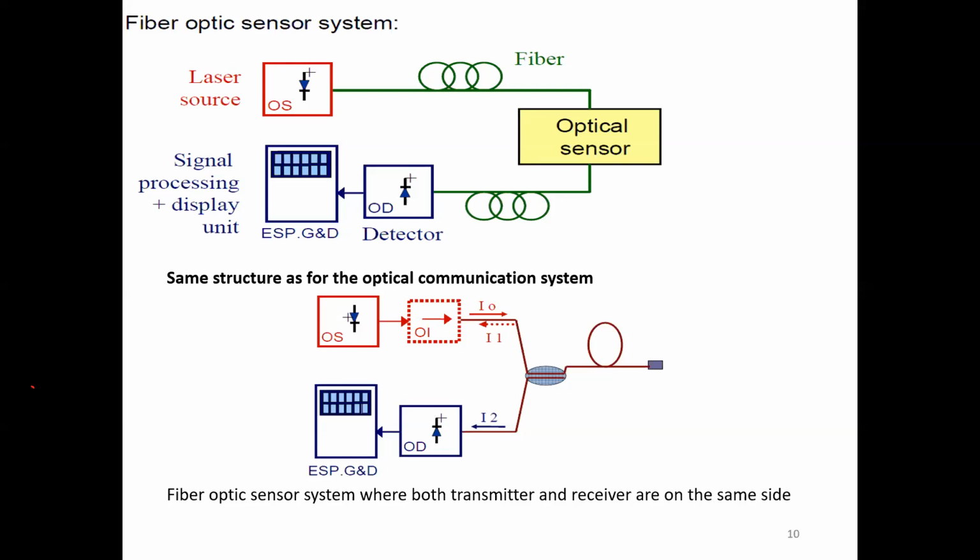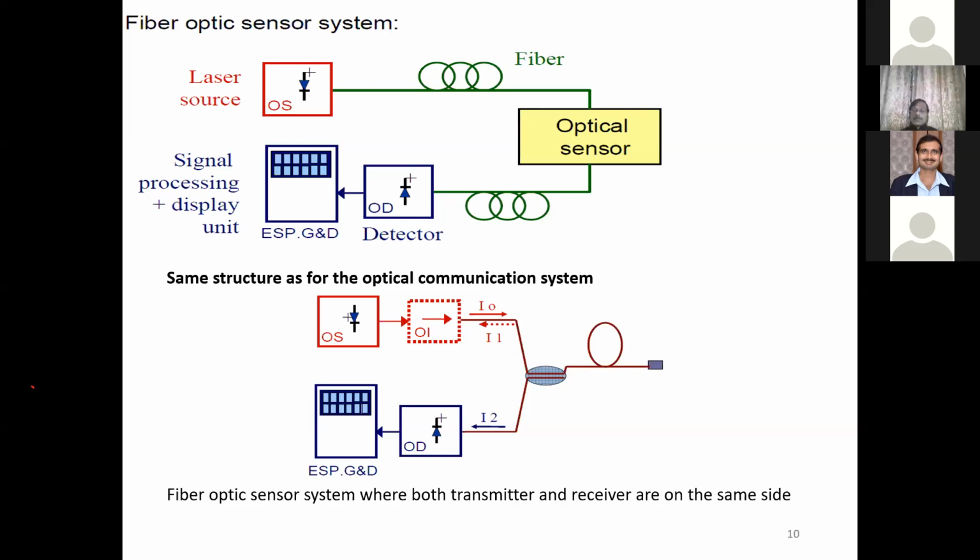In the optical communication system, we are sending the signal in the form of some hierarchy. We can use the SDH hierarchy, or we can use SONET, or we can use WDM. All these are different protocols we use. In a sensor, we are sending a simple light and seeing how this light changes in a parameter. It can be in the form of amplitude or frequency or something else. We will cover that in the next slides. So if you see the block diagram, both are similar, the communication system and the sensor system.